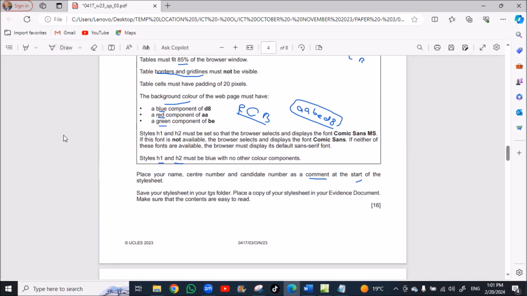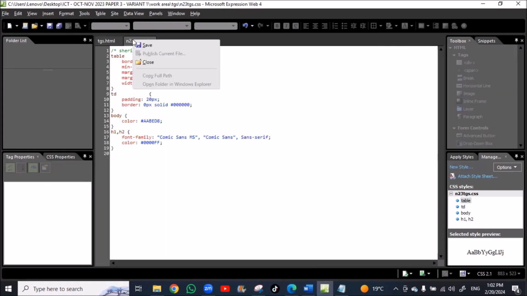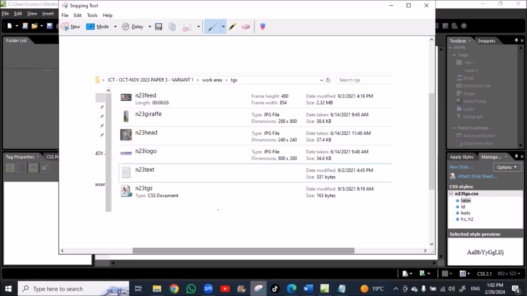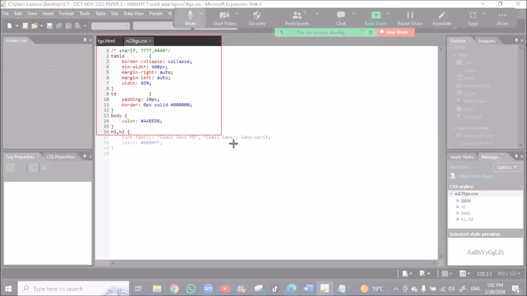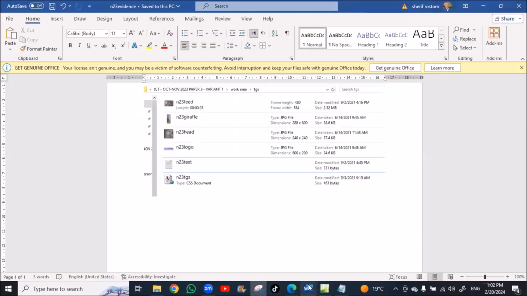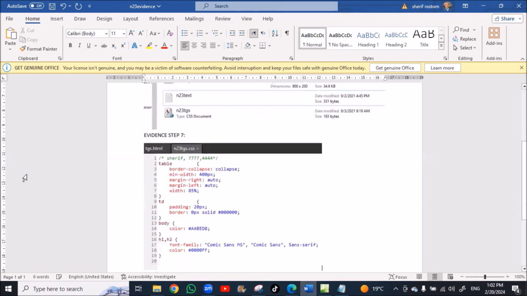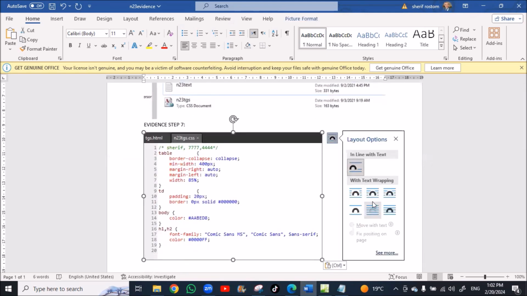Save your style sheet in your TGS file. Place a copy of your style sheet in your evidence document. Make sure that the contents are easy to read. This is step 7. Okay, we'll right click and save, and then go to the snipping tool, new, and select all this code. Copy and go to our evidence and write evidence step 7, Control V, and make it smaller.